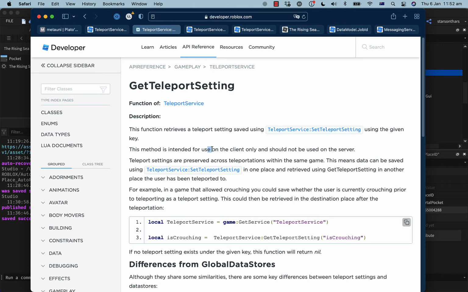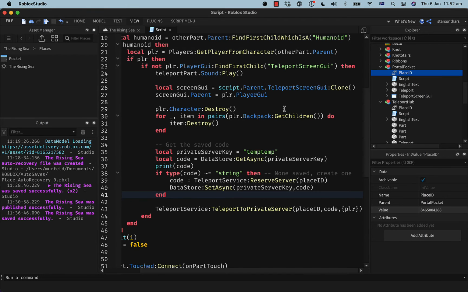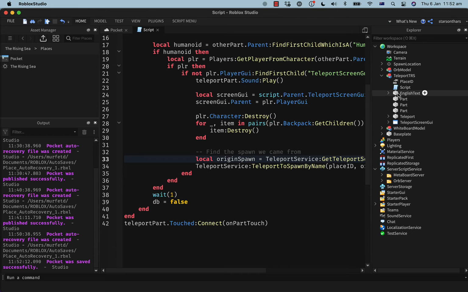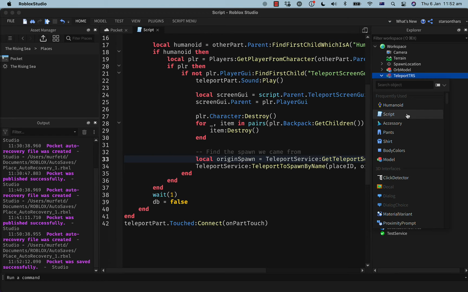Why? Still only on the client. Well, given that I now believe the teleports work on this client, I guess I'll do it again.